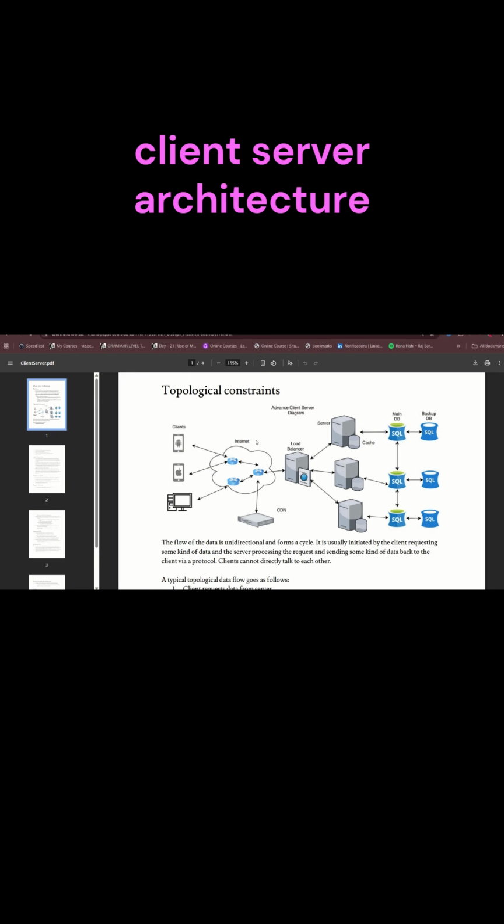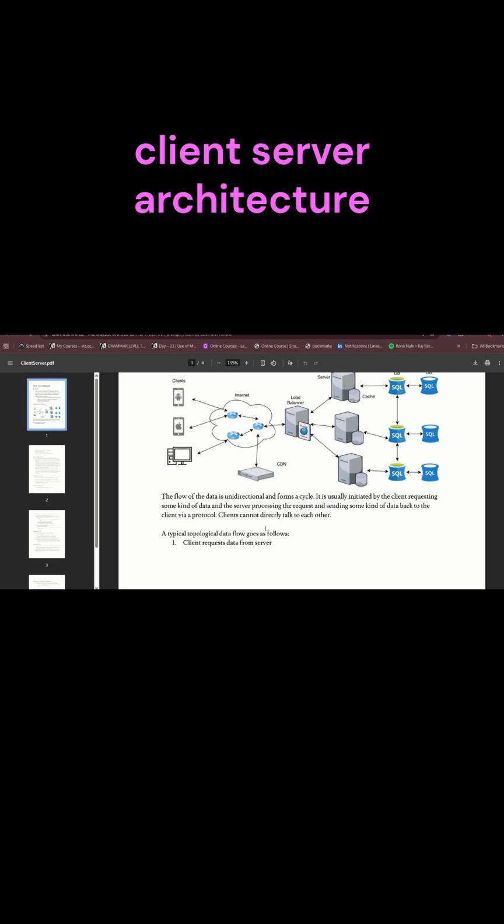The client works with the help of the internet; without this we can't do anything. Then the load balancer checks what kind of data we need to send, like server 1 for this, or server 2 for that, accordingly it will go to the main DB or the backup DB. It will check the response, send it back to the server, then the load balancer, and then back to the client. This is the terminology.